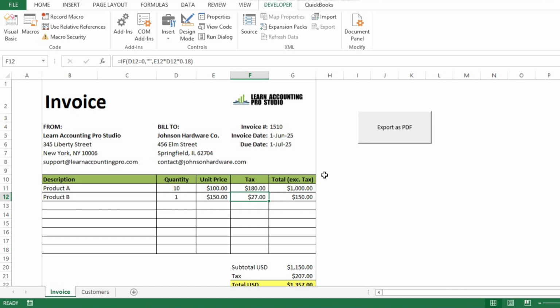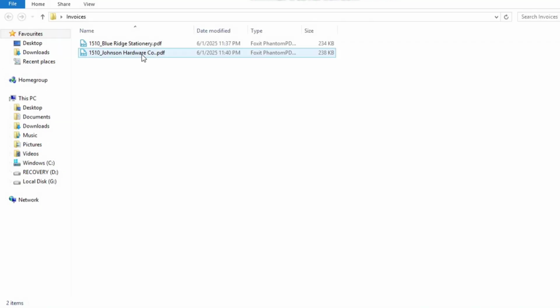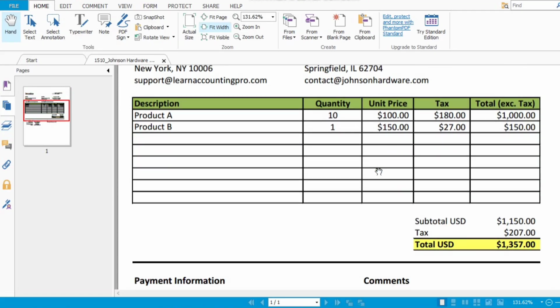Now head over to the invoice folder and we can find our invoice Johnson Hardware. You can see everything is looking very nice,